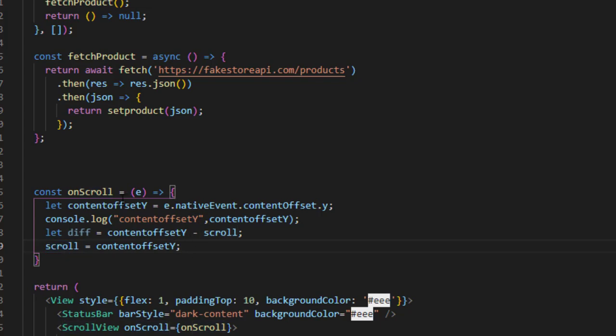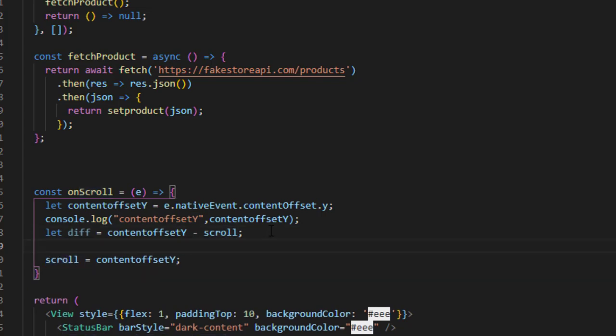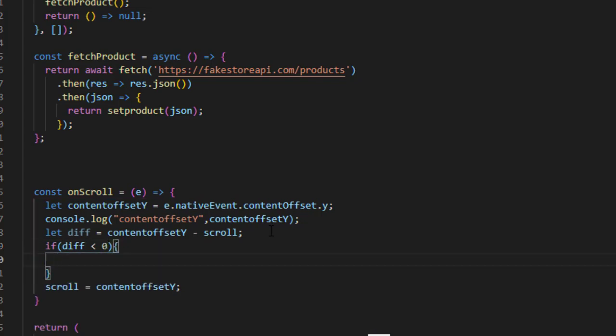And if it's scrolling up, this value will be less than scroll. So if it's less than 0, that means the difference is going to be minus. If it's in that particular position, then you need to hide the